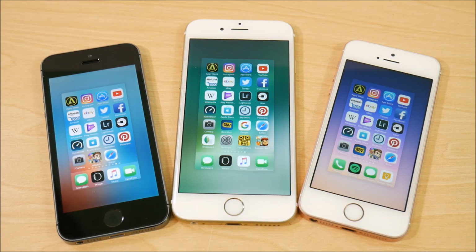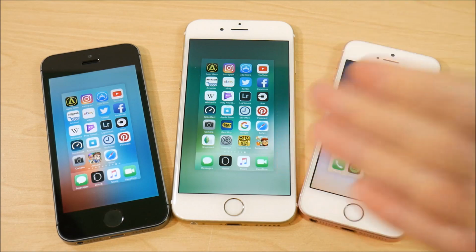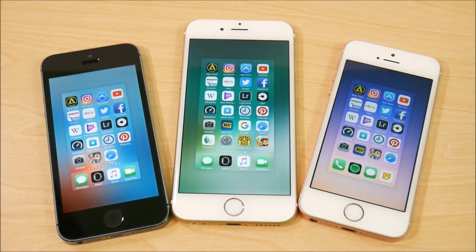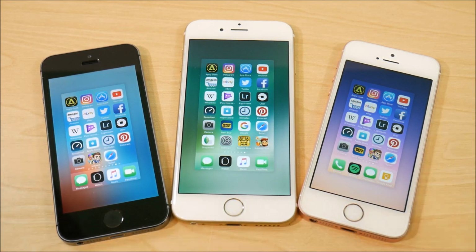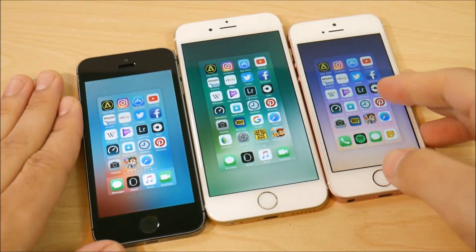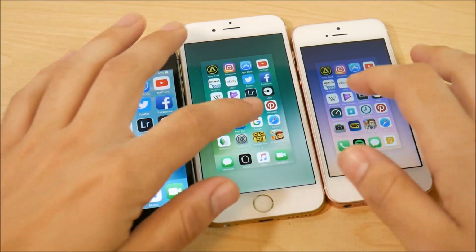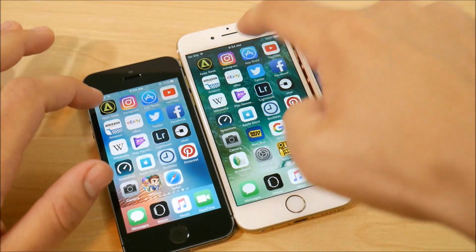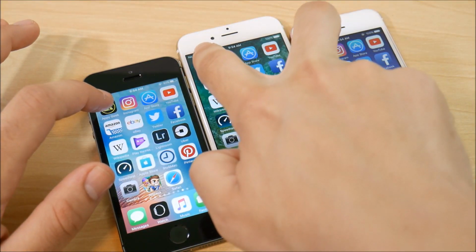Alright guys, so I do have these same applications lined up on all three devices, the 5S with the A7, the 6 with the A8, and the SE with the A9. And let's go ahead and begin the speed test here on iOS 10.3.2. So let me come back out here, and we're going to begin this with Pi Geek in 3, 2,